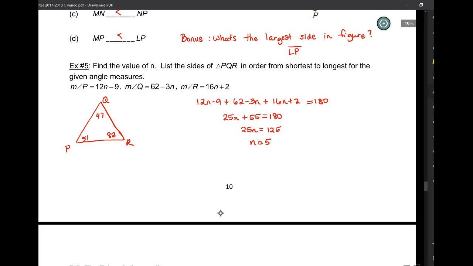Okay. And we want to name the sides, not the angles. Shortest to longest. So what's the shortest side? PR. And now we're listing them, so I'm putting the segment sign above. And then QR. And last,